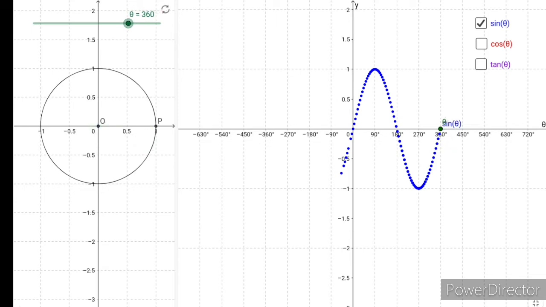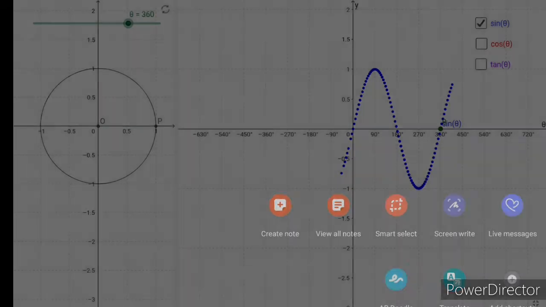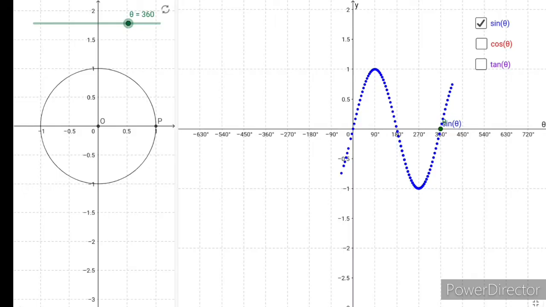So what happens after 360? If you observe, after 360, it again starts from 0 degrees, so it repeats the same sin theta. Here sin theta from 0 to 90 is increasing up to 1. Again it decreases from 1 to 0 at 180. After 180, it keeps on decreasing up to minus 1, which is at 270. After 270, it keeps on increasing from minus 1 and becomes 0 at 360. After 360, it is going to repeat because the angle again starts from 0.